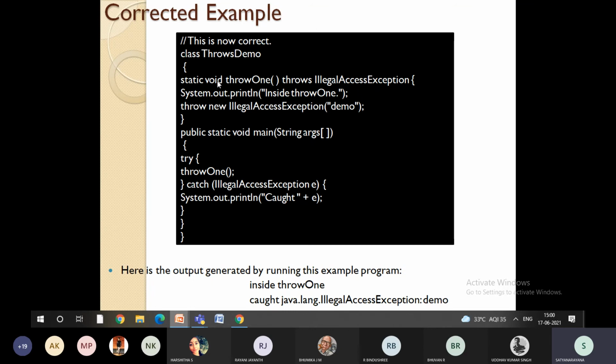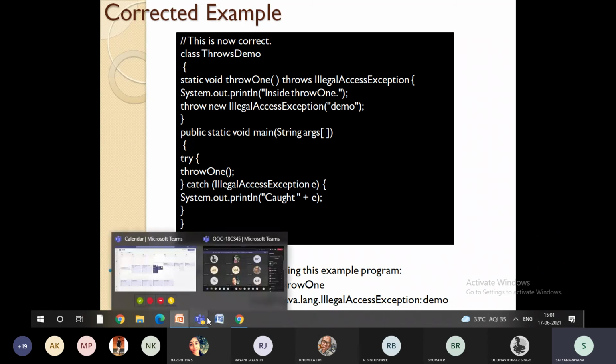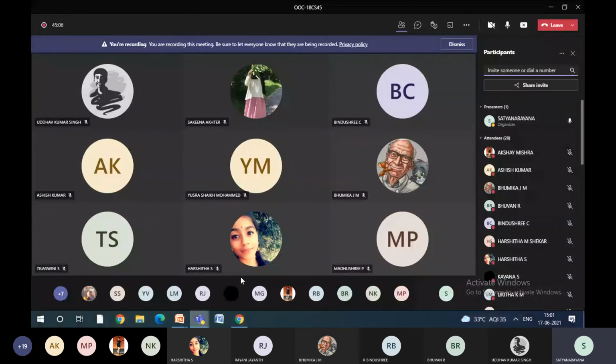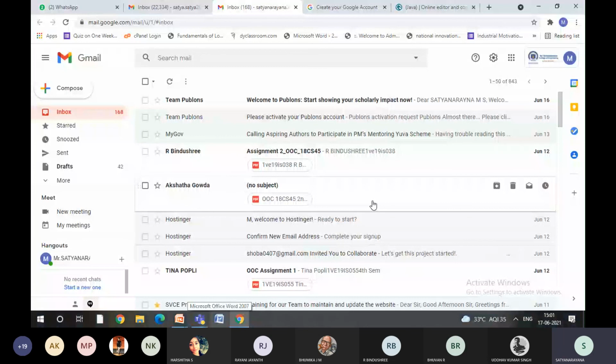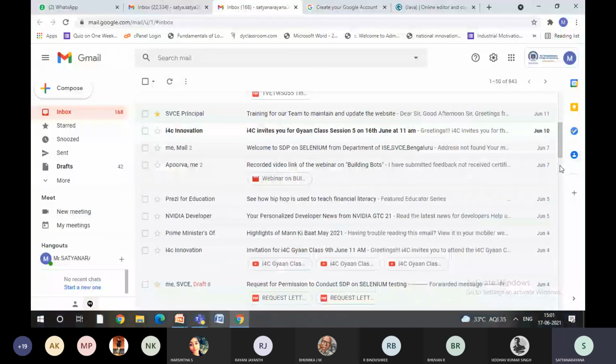How do you use the throws keyword? Method followed by the throws keyword. Whatever multiple exceptions you are going to get, like illegal access exception, you can mention them here. Most of the time, authorization exceptions we cannot handle directly. It's very simple: for Gmail, I may give my username and password to Harshita, and she will use it in her system. It doesn't mean that she's unauthorized; she's an authorized person. But for the system, she's an unauthorized access. Immediately I'll get a notification. So that is how it will be done.